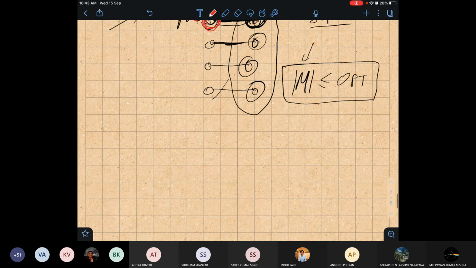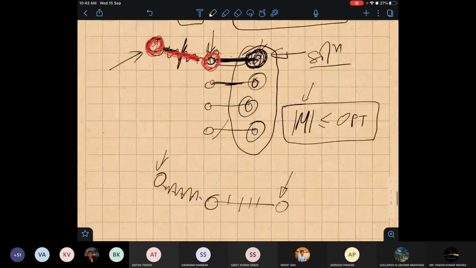Suppose this was a graph, and in my maximal matching I got this. These 2 edges were considered in my maximal matching, and there was an edge that I cannot take in my maximal matching. Suppose I have picked this node in my vertex cover, then it ensures this edge will be covered. But what about this edge? For this edge I may need this node. Who knows? So optimal will always be greater than or equal to the maximal matching. True.